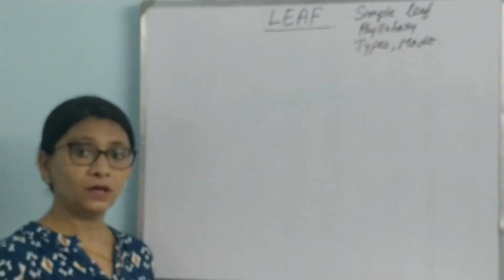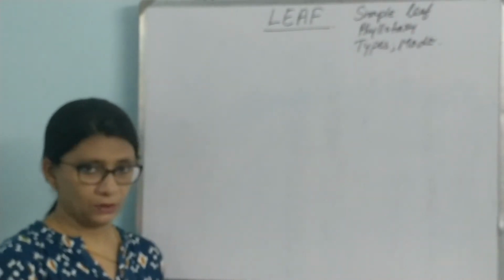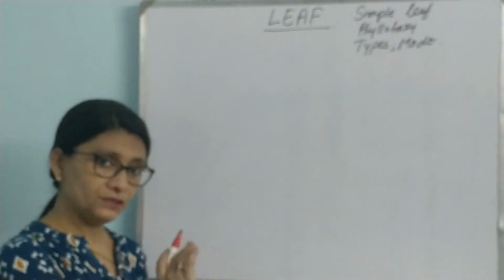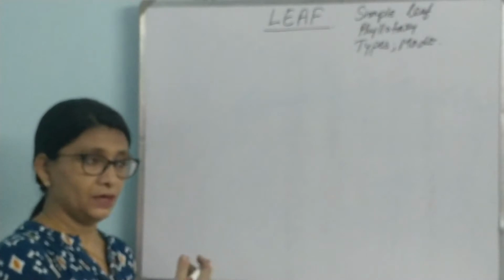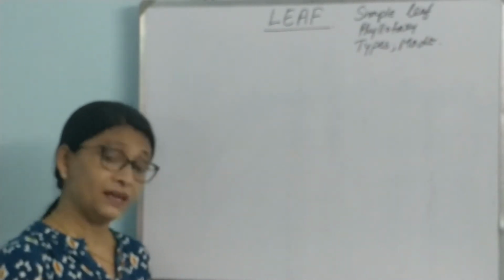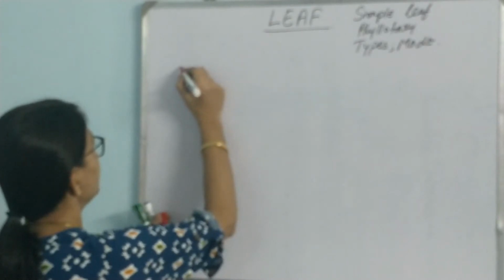Let us talk about leaf. Structure of leaf and regarding leaf, the other features you have done in junior classes. Here we shall just do a brush up, since sometimes questions are asked from this part. And even though these things are not in the syllabus, in syllabus you have just the internal structure of leaf, but sometimes questions are asked based on your previous knowledge. So let us just go through the few basic points which are commonly asked in exams.